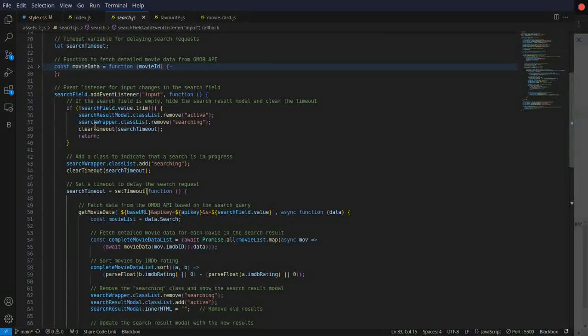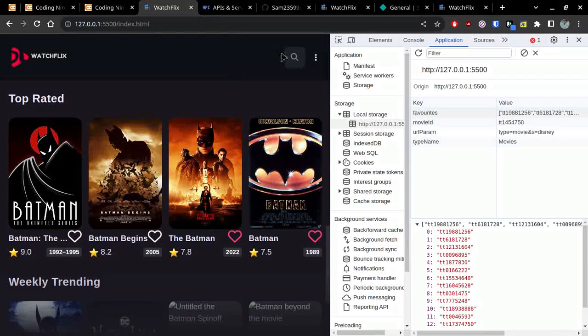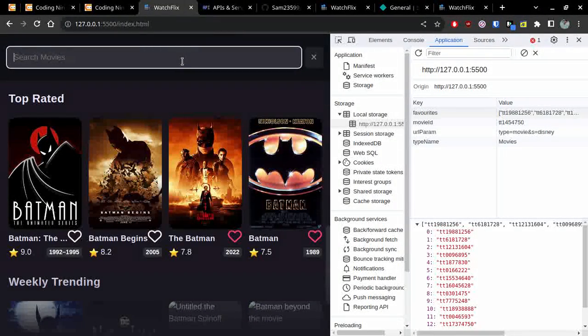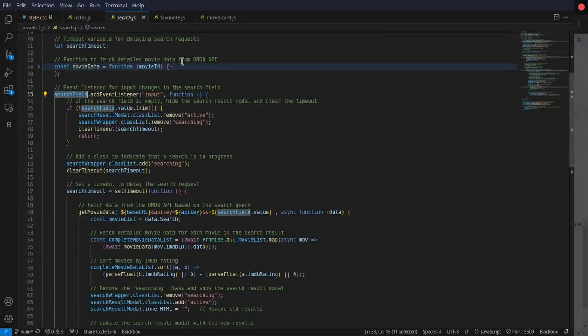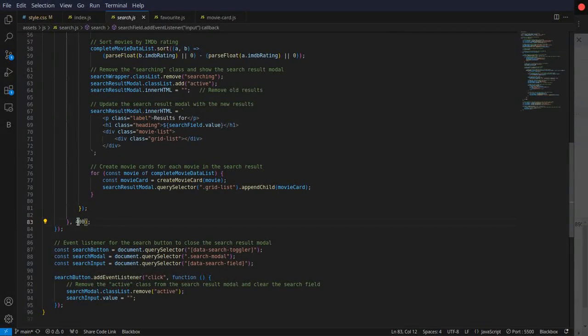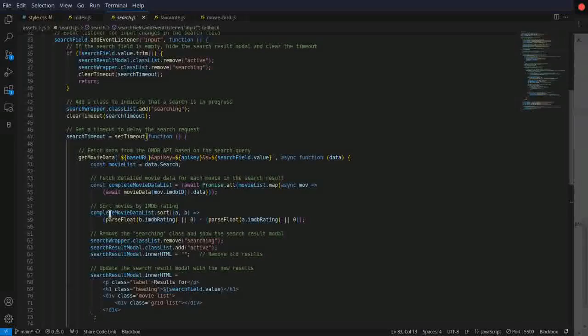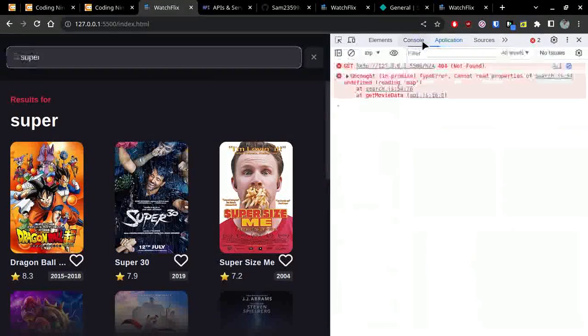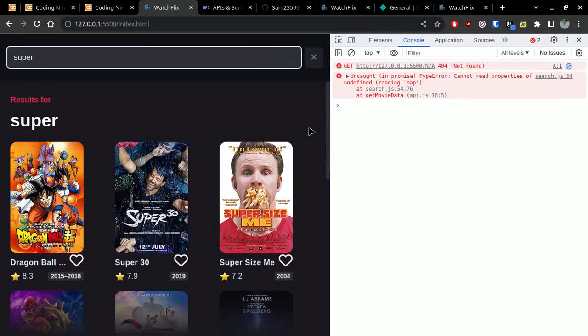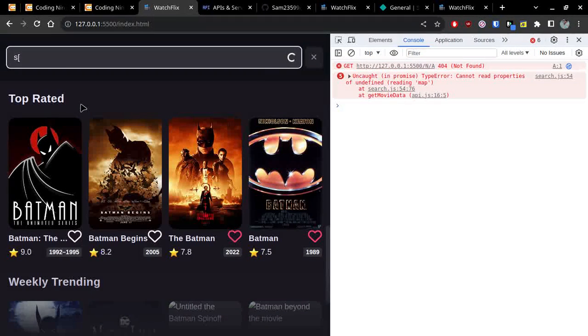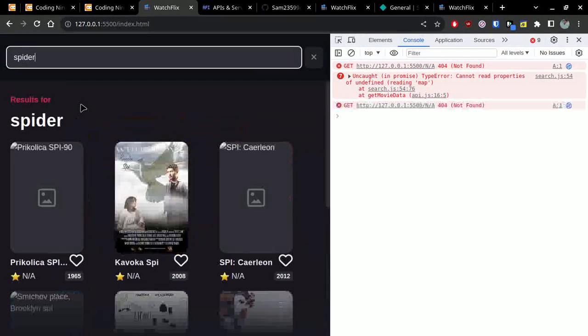whenever the search input field has some input, like "super", it will wait for 4 milliseconds, and you can keep typing until then. If you're typing something continuously, it will not make an API call until you have stopped typing for 4 milliseconds. It will not be searching anything or making any API calls. But if you stop typing, like "spider", for 3 or 4 milliseconds,